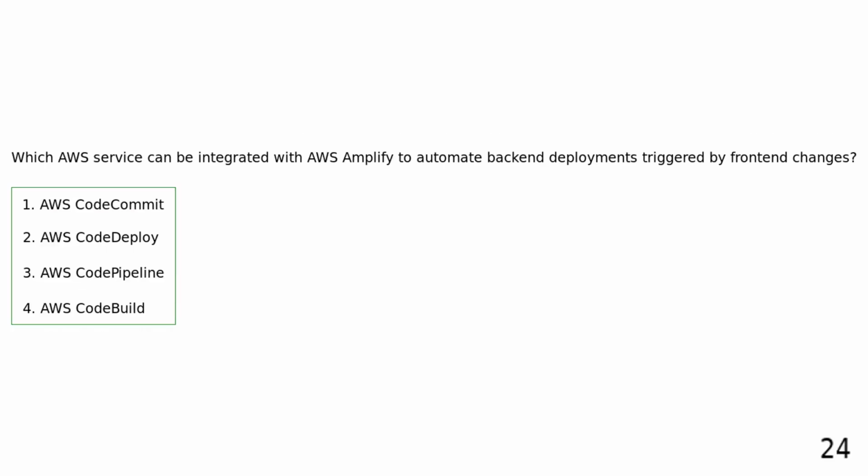Which AWS service can be integrated with AWS Amplify to automate backend deployments triggered by front-end changes? AWS Code Commit. AWS Code Deploy. AWS Code Pipeline. AWS Code Build. AWS Code Pipeline can be integrated with AWS Amplify to automate backend deployments based on front-end changes detected in the